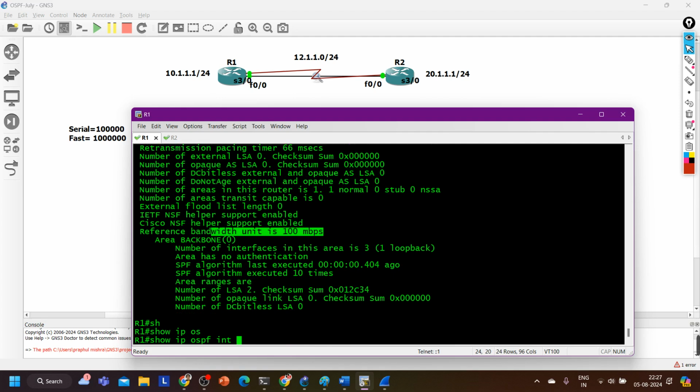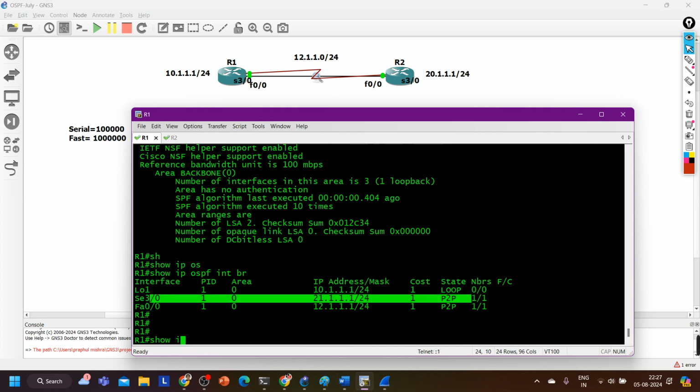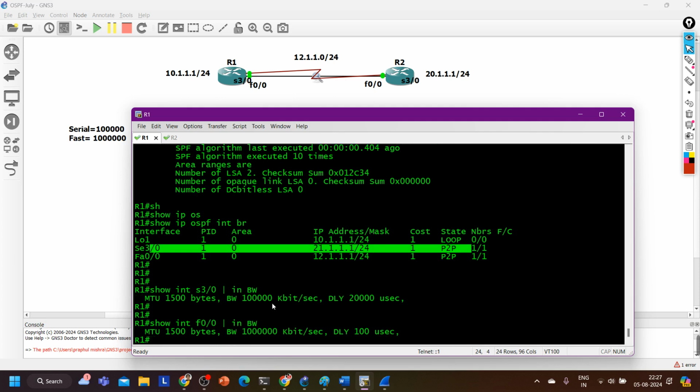So IP OSPF interface brief. Cost is same on both links, correct? But bandwidth is not the same, right? So interface serial 3/0, include bandwidth, and interface F0/0, bandwidth. See, bandwidth is different. Then also OSPF is calculating what, guys? Same cost. So whenever you have a link whose bandwidth is more than 100 Mbps, in that scenario you have to